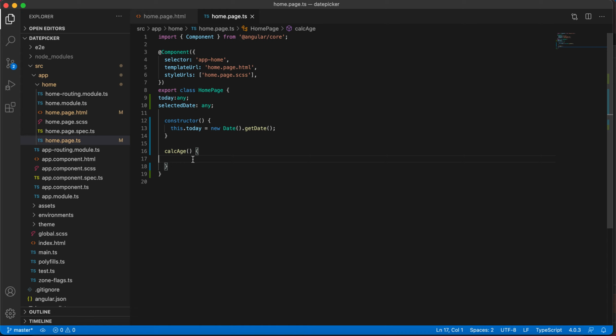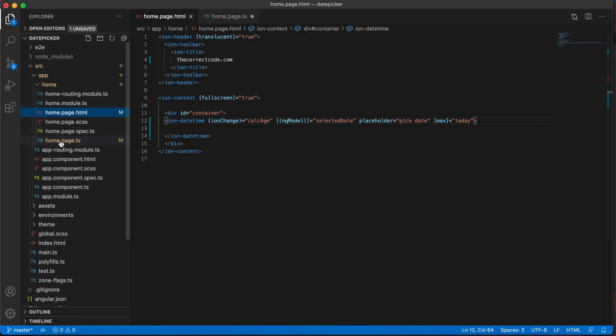Now just go to the calculate age function. After the user picks the date, we have to calculate the age, right?